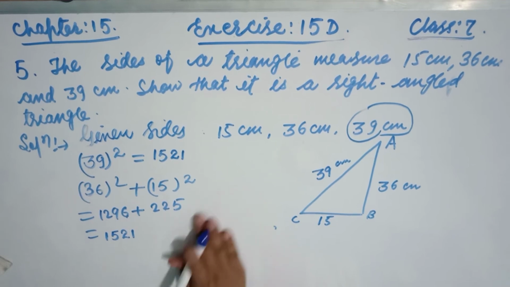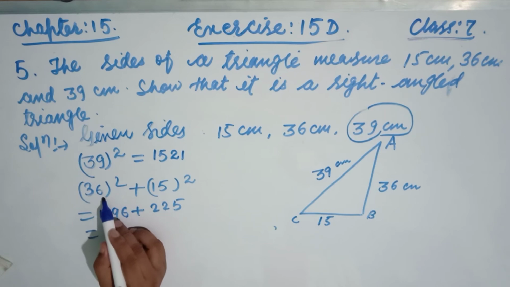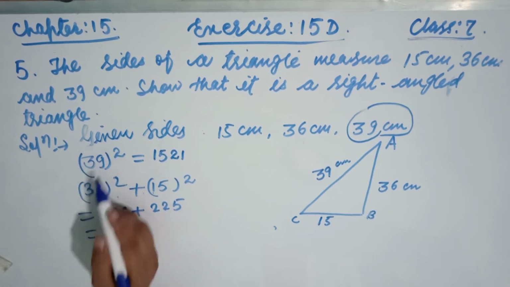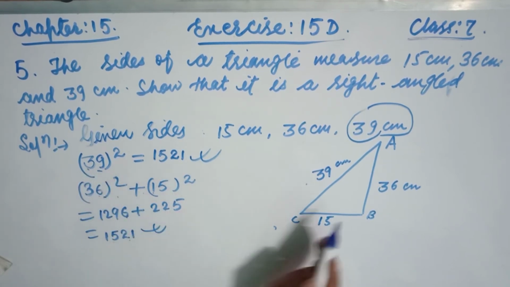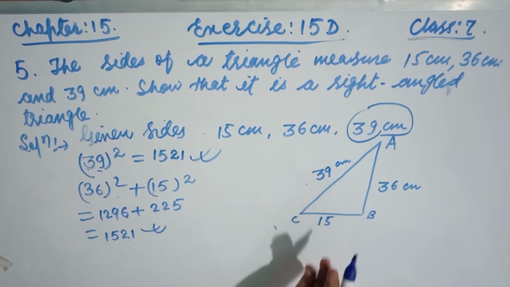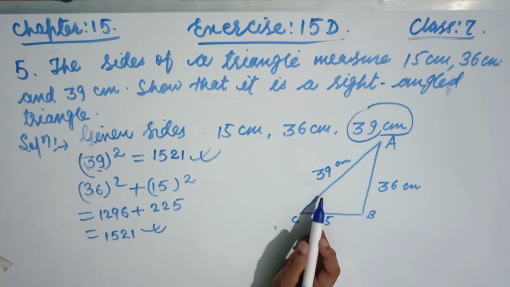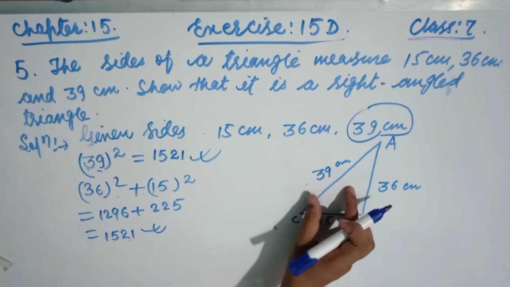Now look at the, friends, the sum of the squares of these two sides is equal to 1520, which is the same as the square of the bigger side. We can say, friends, have a look, this is the square of the hypotenuse. At first we don't know whether 39 is the hypotenuse or not, but we suppose 39 is the hypotenuse, because, friends, the hypotenuse is greater than these two sides. This is why we consider 39 as the hypotenuse.